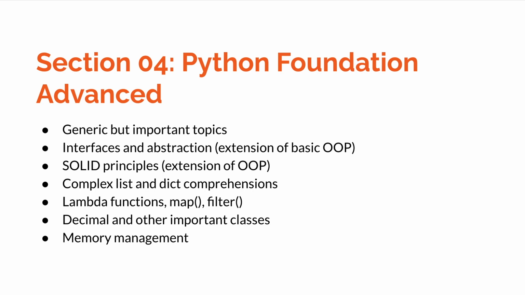We also talk about really handy utility concepts like anonymous functions, which are called lambda functions in Python, map and filter functions, etc. We also talk about some quirks in the binary world like multiplication problems and discuss how to handle them in Python. For example, how to handle multiplication accuracy with the decimal class. We will also talk about memory management, profiling, garbage collection, which are really interesting and important for real applications.